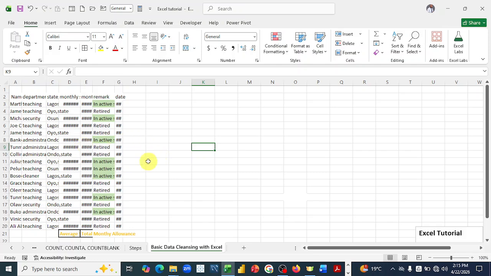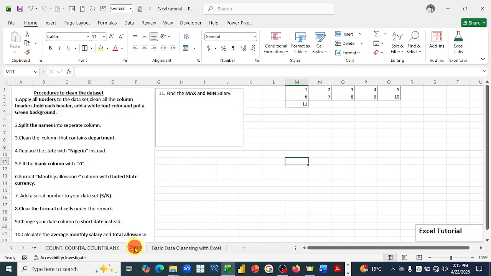Now, if you look at the steps sheet, we have a procedure to clean the data set. 1. Apply all borders to the data set. Clean all the column headers, bold each header, add a white font color, and put a green background. Now let's move to the